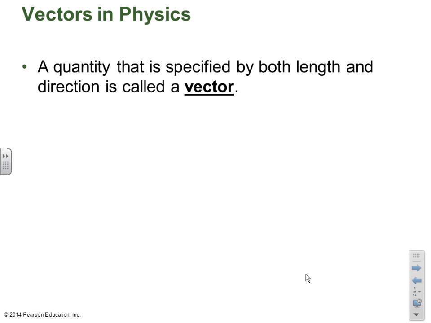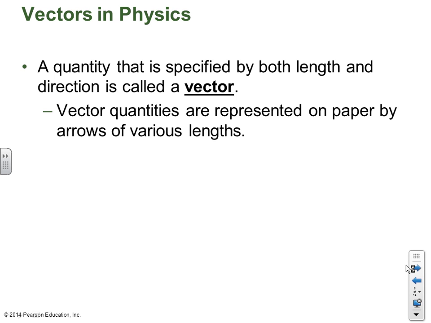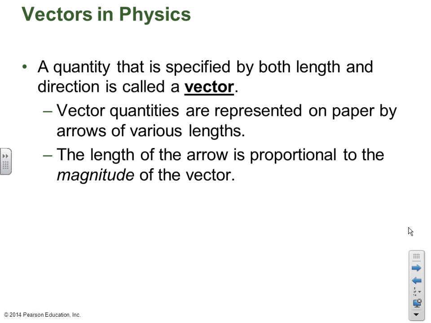So, like we just discussed, a quantity that has both length and direction is called a vector. Magnitude and direction: how much and which way. Before, we distinguished the directions just by positive and negative. But now, we're going to use arrows to represent those vectors. Those arrows will help us represent both the magnitude and the direction. We try to draw the arrows